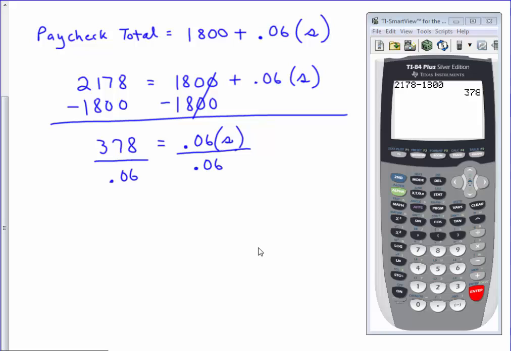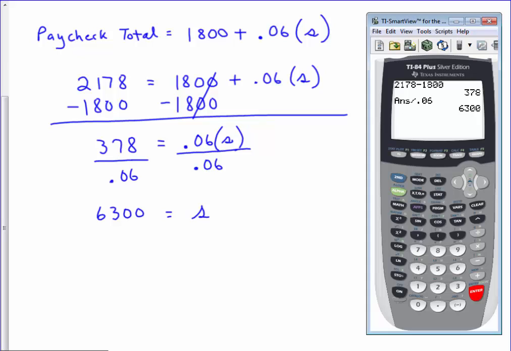We'll also do that on the calculator. A trick here, we have just received as an answer 378. To make a shortcut to be able to divide by the 0.06 easily, we can do second, the negative sign, which is basically second answer, and then divide by 0.06, and that results in S equals